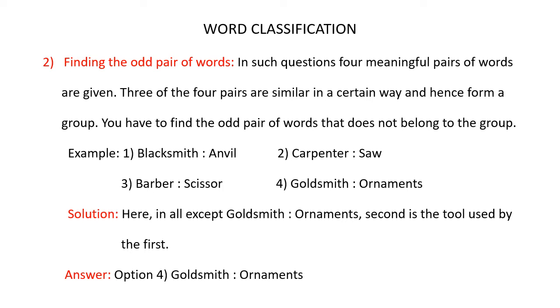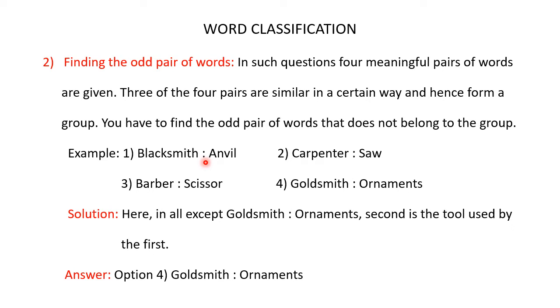Now let's learn about word classification questions where you have to find the odd pair of words. In such questions, four meaningful pairs of words are given. Three of the four pairs are similar in a certain way and hence form a group. You have to find the odd pair of words that does not belong to the group. For example,